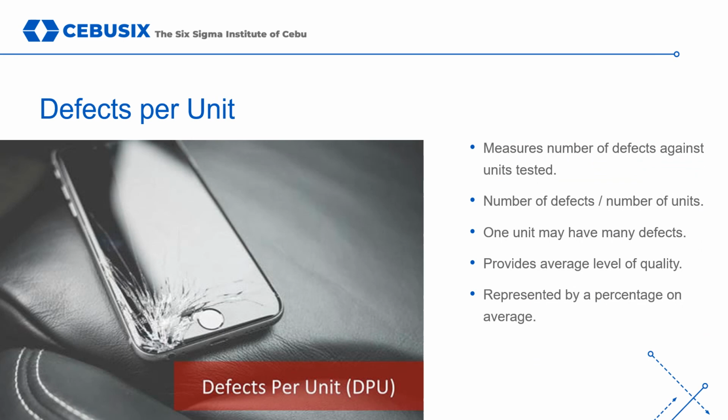We have also talked about defects per unit. The defects per unit is a measure of how many defects there are in relation to the number of units tested. The defects per unit is concerned with total defects, and one unit could have more than one defect. We calculate this metric by dividing the total number of defects found in a sample by the number of individual